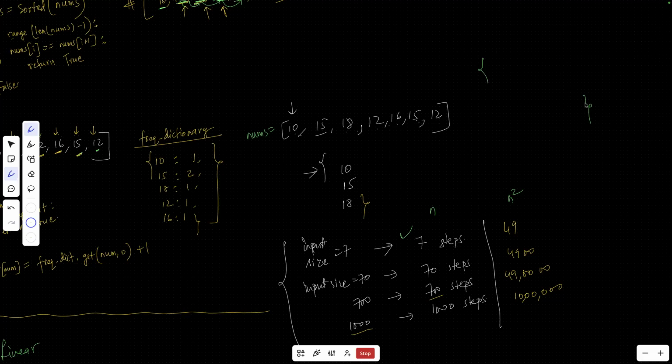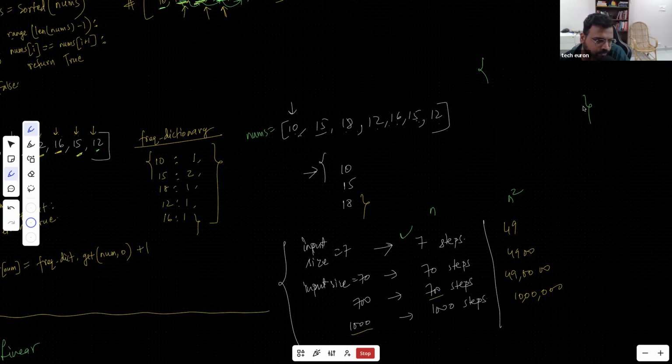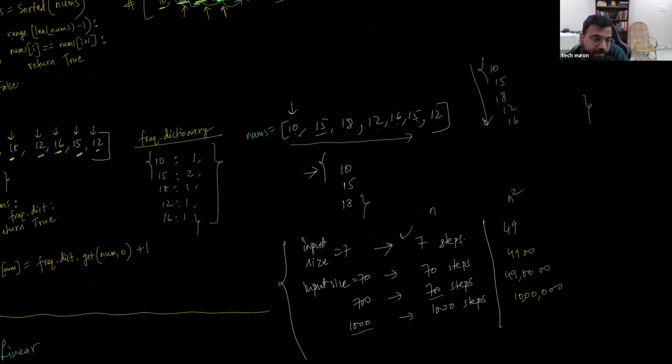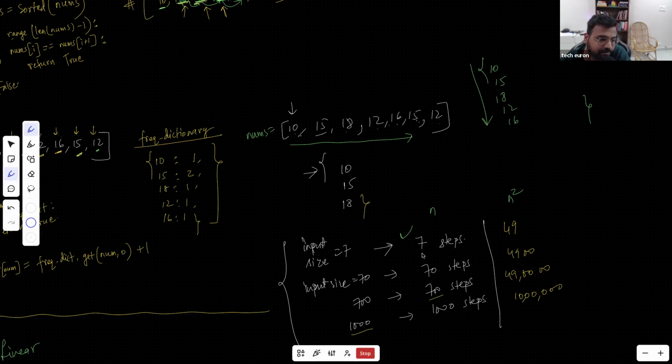And in this dictionary, if you assume it to be a warehouse, there also we will store this 10, we will store this 15, we'll store this 18, we'll store 12, we'll store 16, right? So in the worst case, if there are n elements here, we have to store n elements here also. If you have to pay money for the algorithm, then you have to pay money for the space. We are paying less money for time because we are doing only 7 steps, but we are also taking 7 space units in memory.